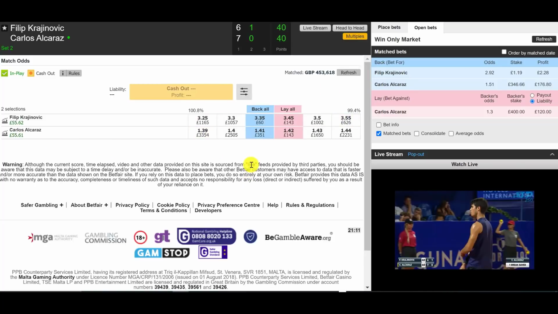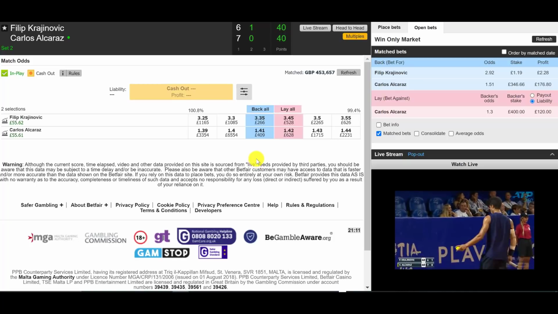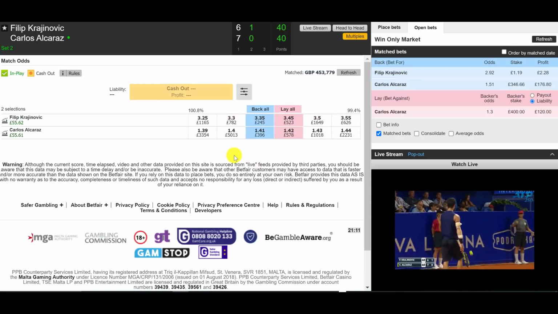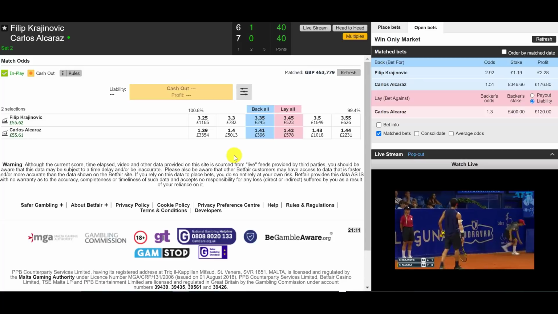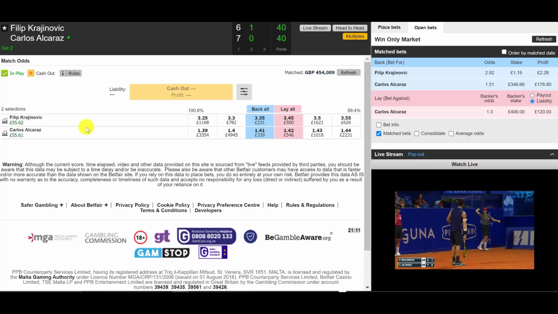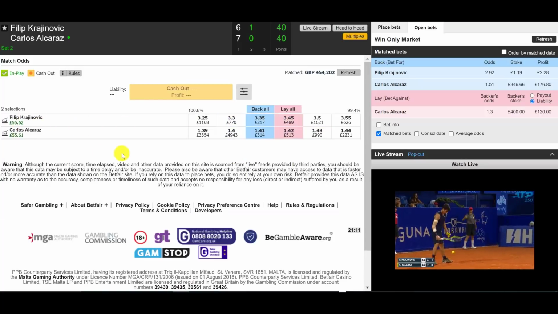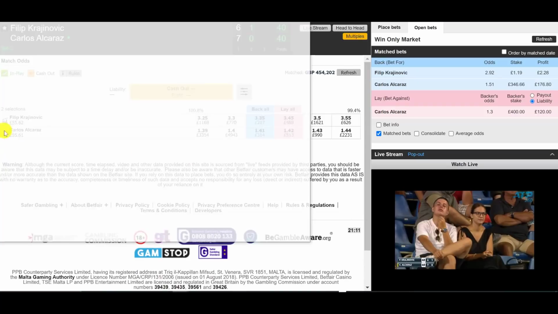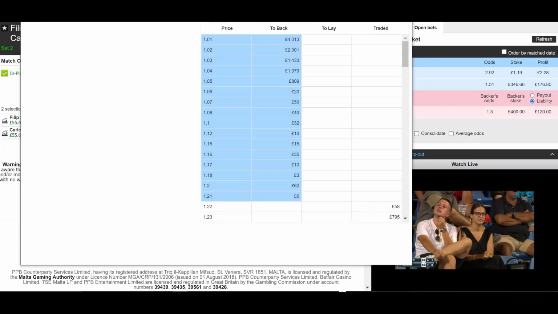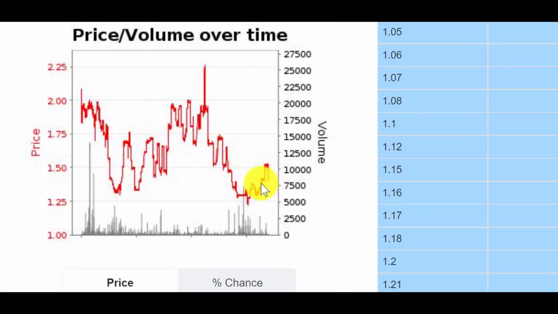And so what can happen from now is that if Alcaraz goes on to win the service game, we can repeat the trade and try and do it again, because we're going to expect Krajinic to put a lot of pressure on Alcaraz's serve like he has done already. Let me just bring up the chart and show you. Remember, we got in around, what was it, 1.30. Okay, so we got in at what looks clearly like a nice support point,